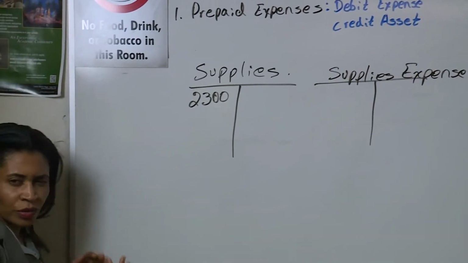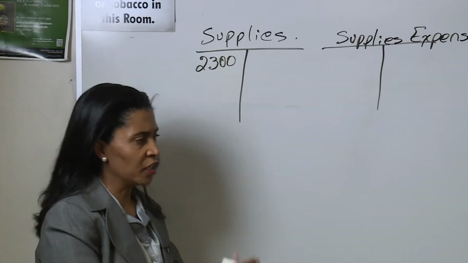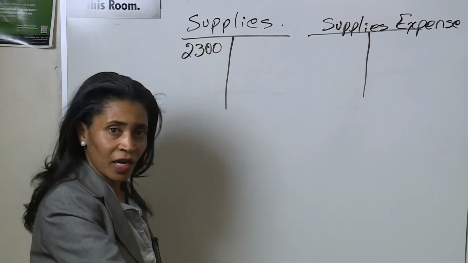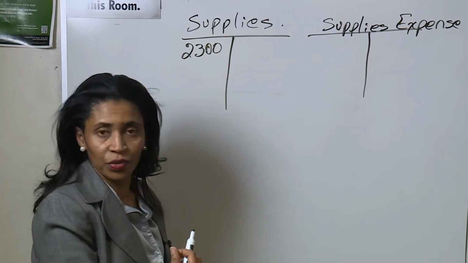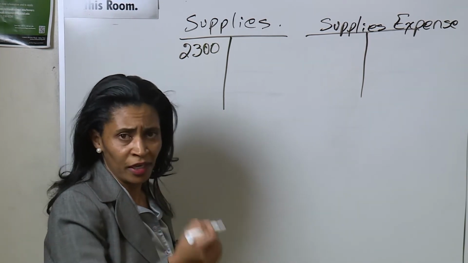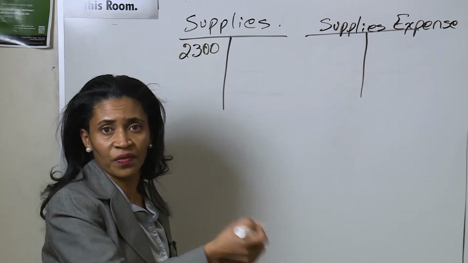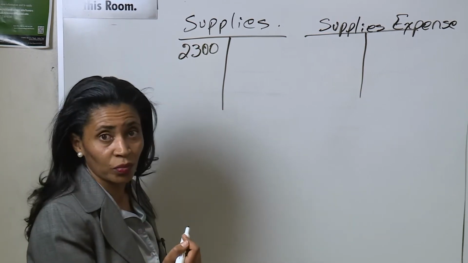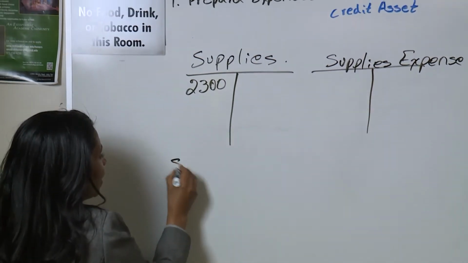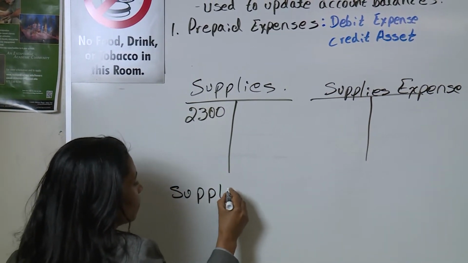But through time, once we buy it, we are using it. As I said, I use markers a lot, so I'm taking them off the shelf and using them, but nobody's sitting down and journalizing supplies expense every time we pick one item. That would be too much work. So the way we'll handle it, for supplies, the information we need is